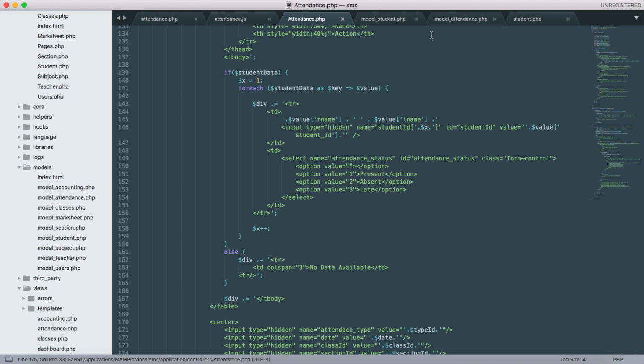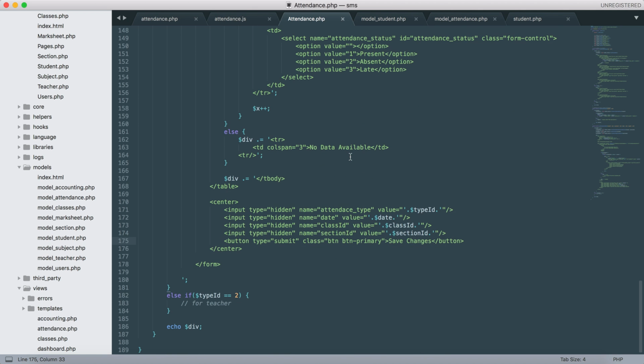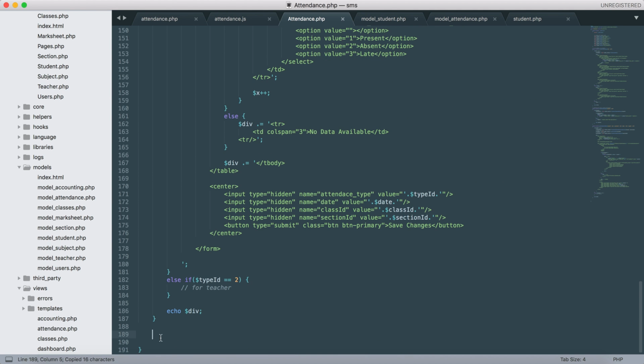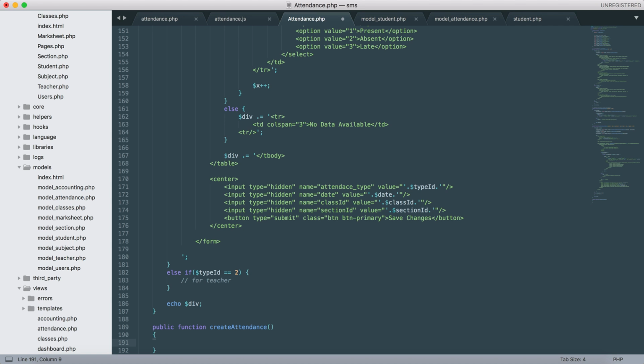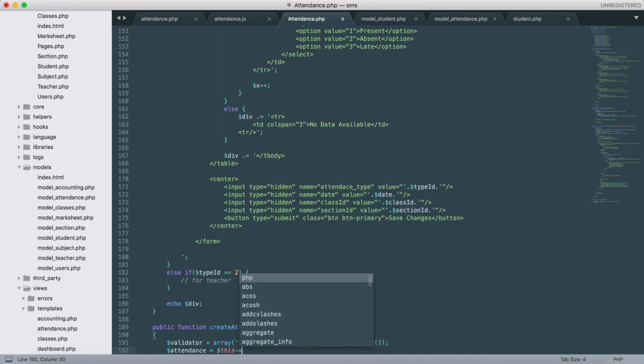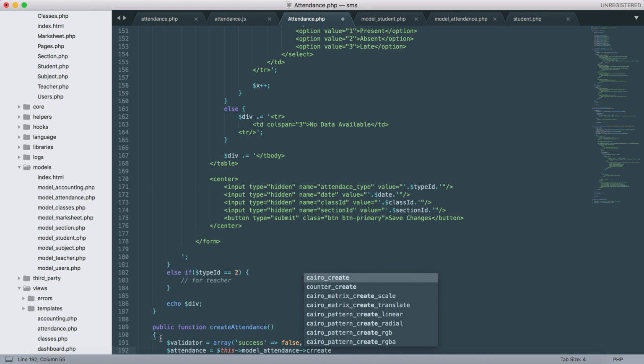So let's create the function. Function name as create attendance, public function create attendance, and we'll write validator equals to array, success as false for default, and for message it should be an array. Here as attendance, this model attendance, create,